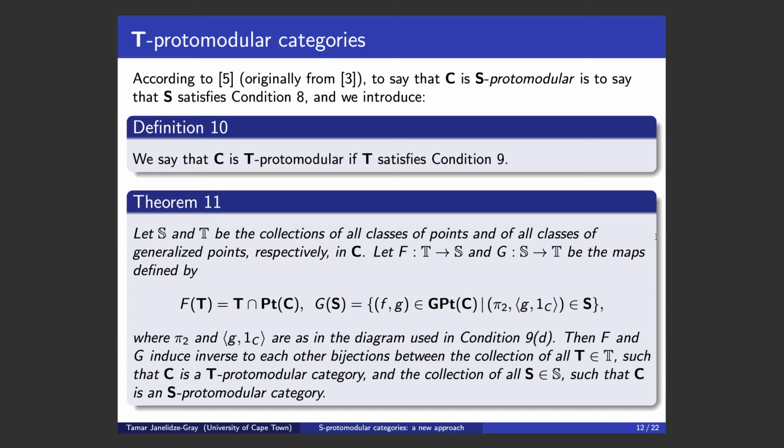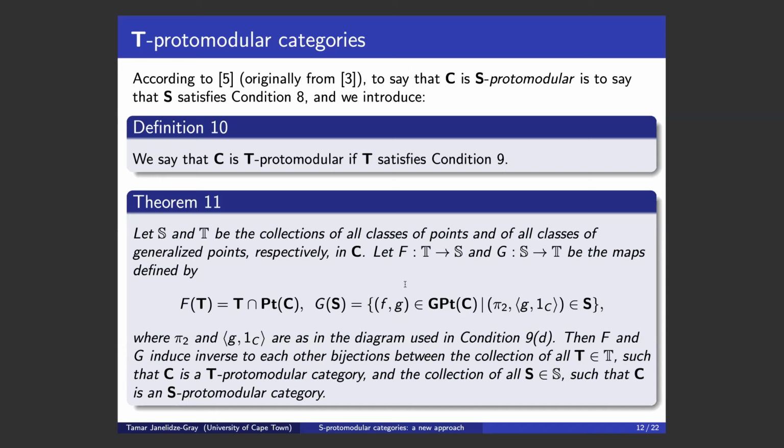So how do we define F? We start in T, we take a class of generalized points, we call it T, right over here. And then we take all those split epimorphisms in points, all those points where the composite GF is an identity, because it's in points, that split epimorphism is a split generalized point. So that split epimorphism ends up being a generalized point.